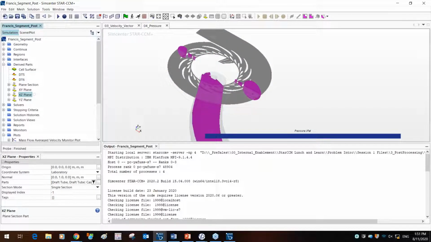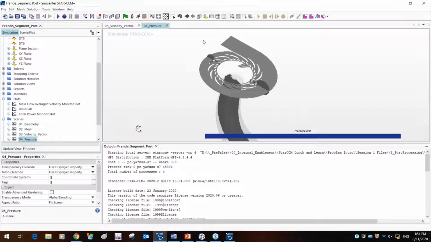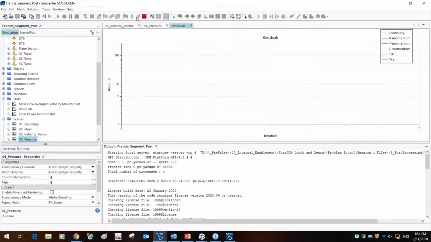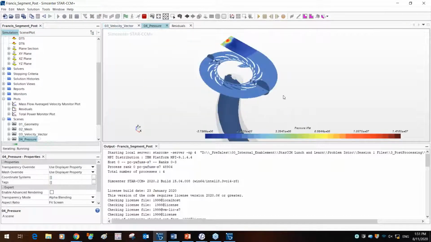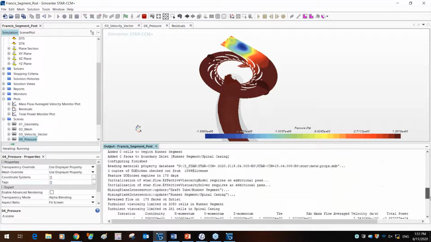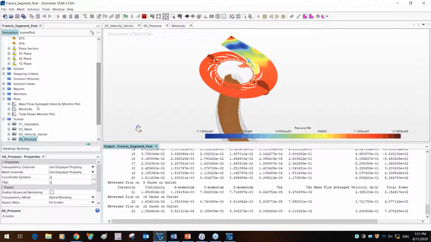So as I showed out here, all we need to do now is just run the simulation and visualize the results in real time. As you can see out here, these are the iterations, the solution is developing, and you can visualize the results.